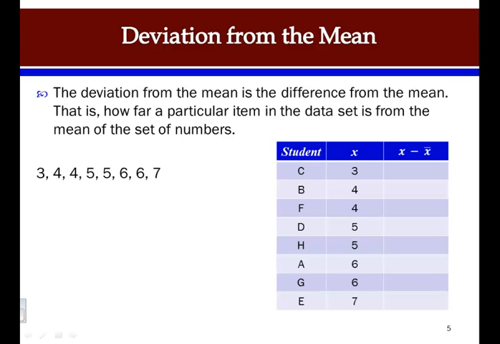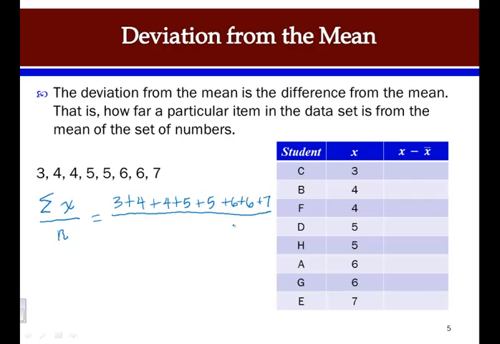Now the deviation from the mean tells us how far each number in the set is from the mean of the set. So to find the mean, we will find the sum of all of the values and divide that by the number of values. So that would be 3 plus 4 plus 4 plus 5 plus 5 plus 6 plus 6 plus 7,